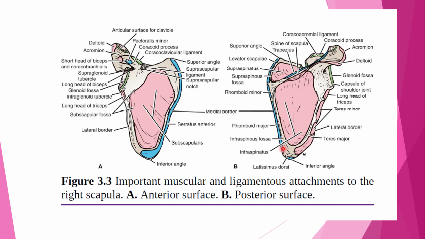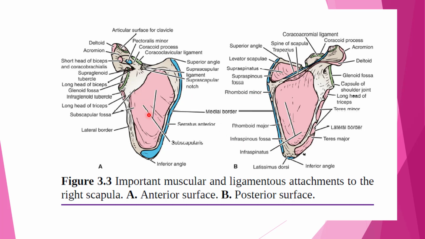So up till now we have discussed some new muscles. What are they? Long head of the triceps, teres minor muscle, teres major muscle, then levator scapulae, rhomboids minor and rhomboids major. So these are some muscles which are attached to the scapula. Okay. I hope you understand all muscles which are attached.